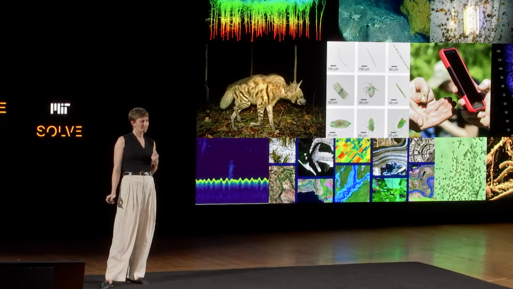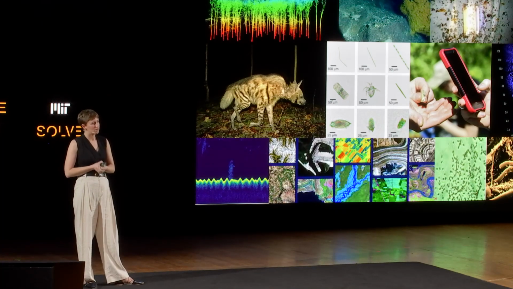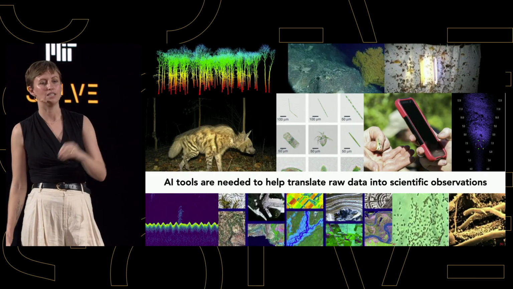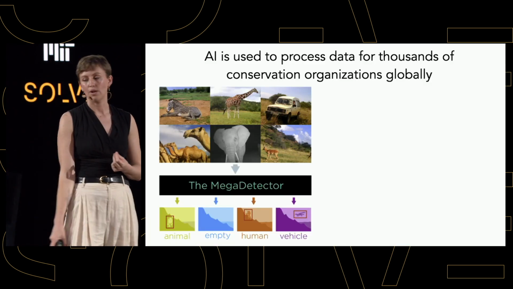And the funny thing about all of these different types of biodiversity data is it turns out none of them is giving us a direct measurement of what we care about. None of them is giving us a species or a direct estimate of what we call alpha diversity, the number of unique species in a given place. They're all proxy data. They're things like pixels in images or sonar signals. And all of this needs to be then processed into scientific insight, something we can actually make a decision on. And that's where we need AI.